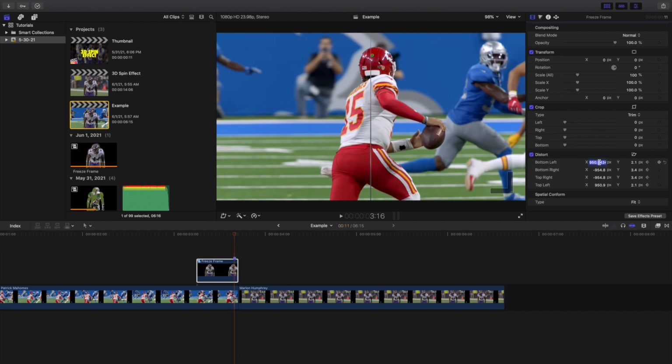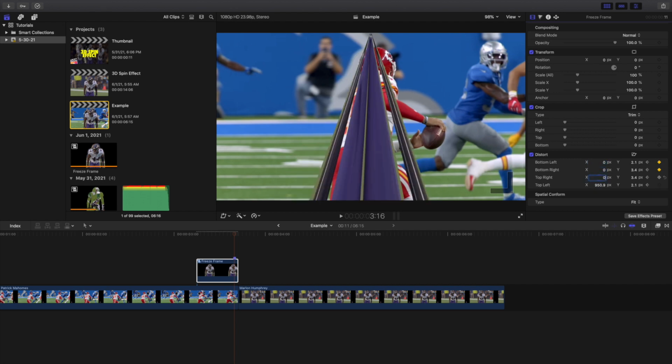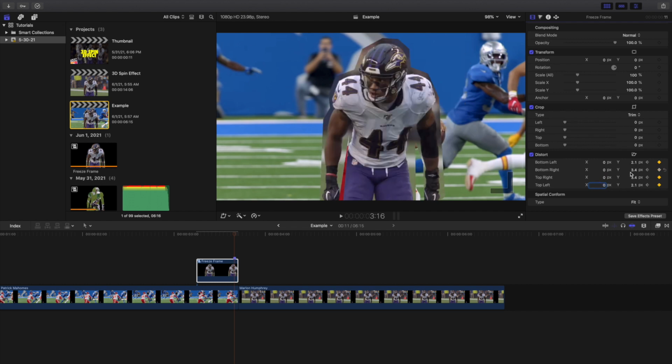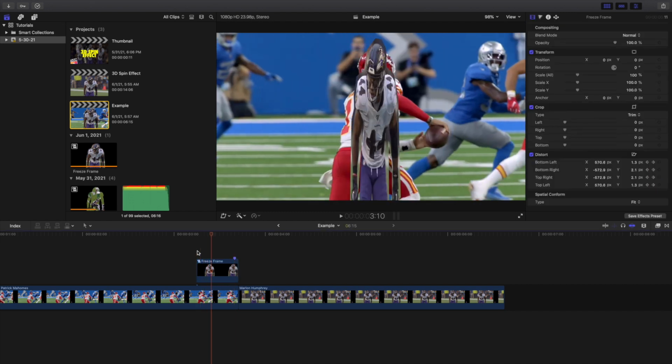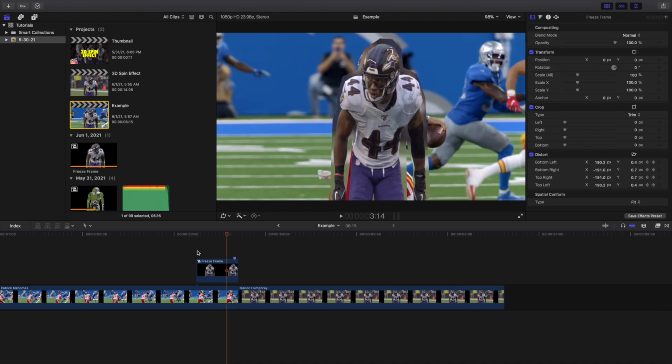Now you're going to head over here, and you're just going to type in 0 for all of these numbers right here. So you're basically just resetting it and putting it back into place, and I'll go frame by frame and show you what it looks like right there. So now these are all put back into place at a 0. Wait for the program to render, or wait for Final Cut to render, and then as you can see, there you go. Frame by frame, that's how you create this really cool